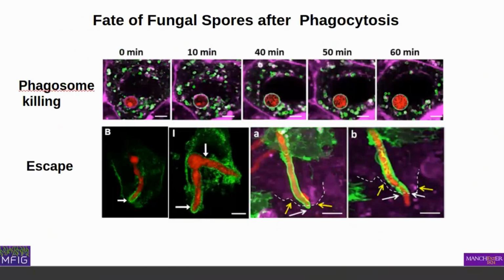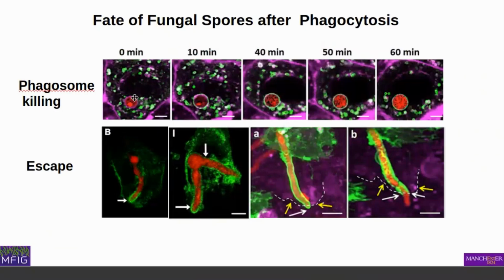So these are actual pictures of a fungal spore, that's this red round thing there on the top left, being eaten and digested by a human epithelial cell. And as you can see over time, we've put some dyes in here. There are little green spots here. They're stained with something which picks up something called a lysosome. There are little pockets of digestive material in your cells, and they get attracted to what's called a phagosome.